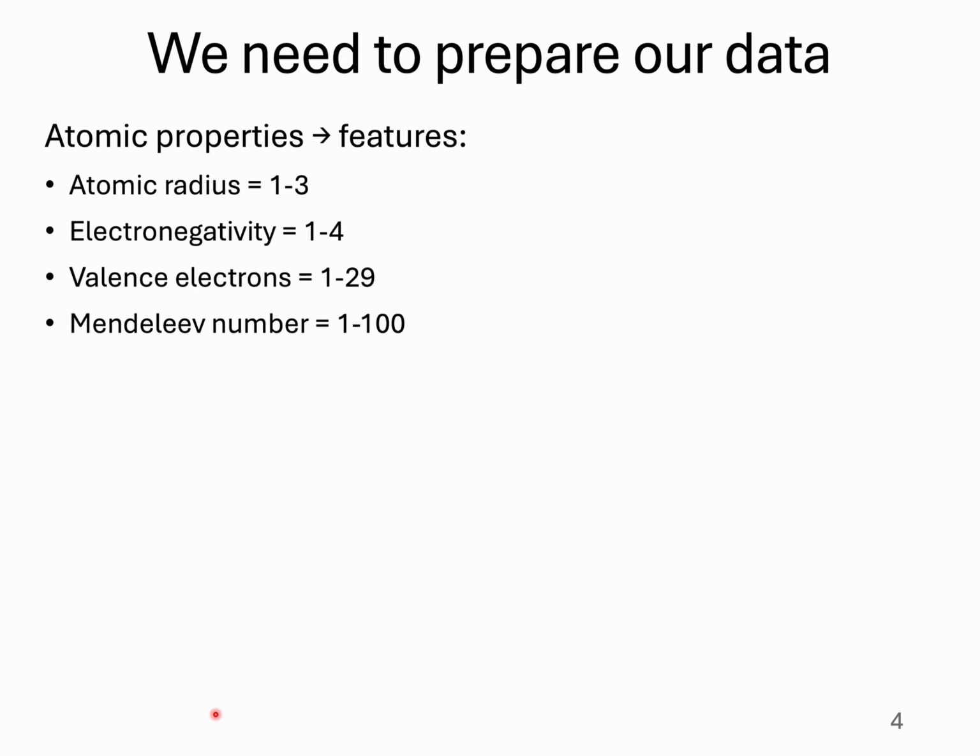First of all, we need to prepare our data. That's a really important part of machine learning research. You can see here that we mostly use chemical and atomic properties in chemistry. If one feature ranges from 0 to 1 and another from 1 to 3, the model may prioritize the larger numbers just because they are bigger, not because they matter more. That's why scaling,